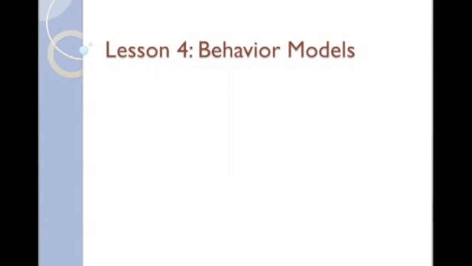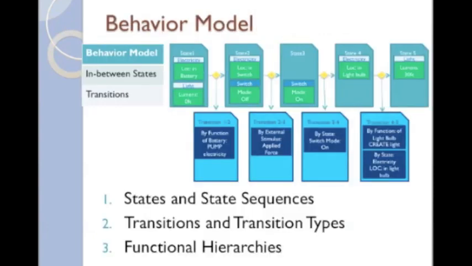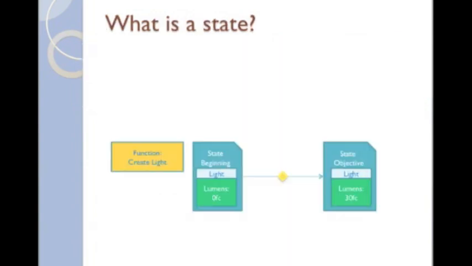Lesson 4. Behavior Models. In this lesson, we will review state sequences, the purpose of transitions, and the types and functional hierarchies that we can use to describe complex systems. Once again, recall that a state represents a snapshot of a system at an instant in time. We describe a state as the properties, values, and connections of the structural elements of a system at a given